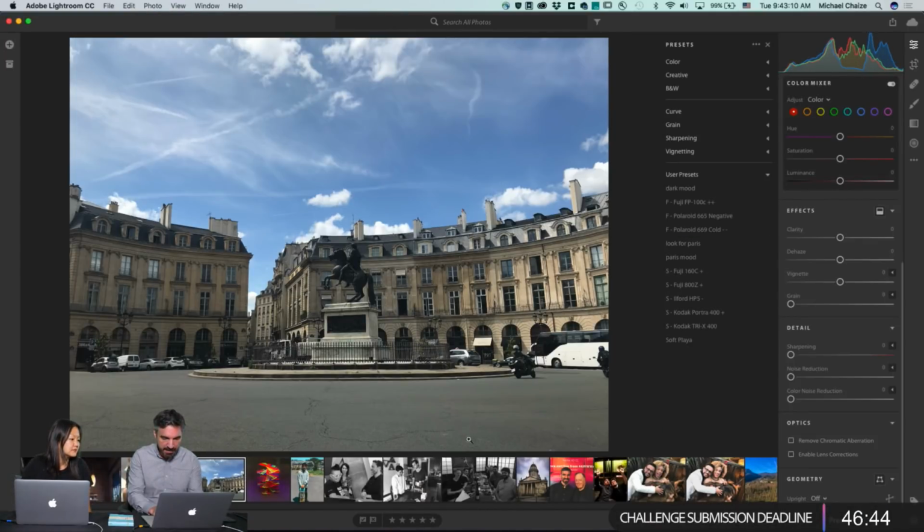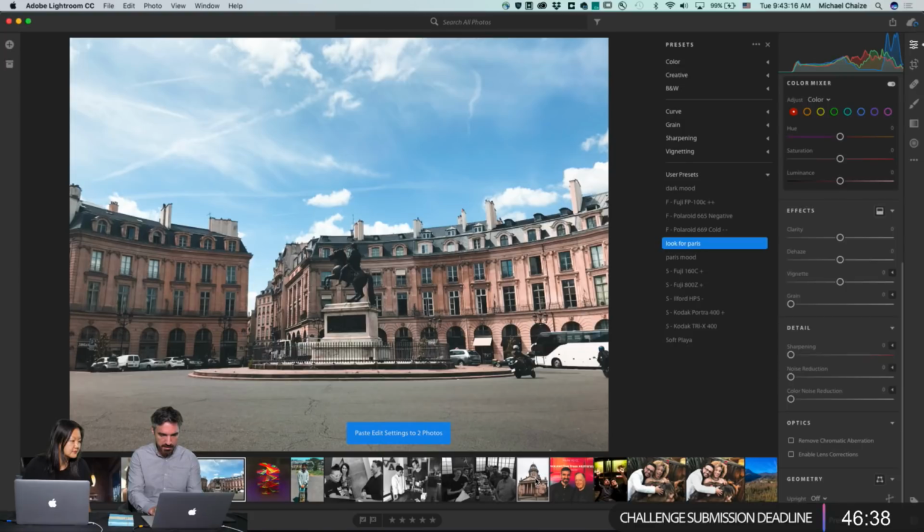And now you can apply them on multiple pictures. So if I take these two pictures, and if you do Command-Shift-V, it will apply the settings on multiple pictures. So this is what we call batch editing. And huge time savers. I mean, it made a huge difference.